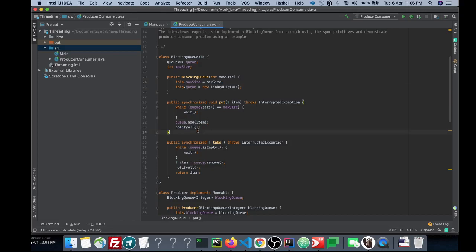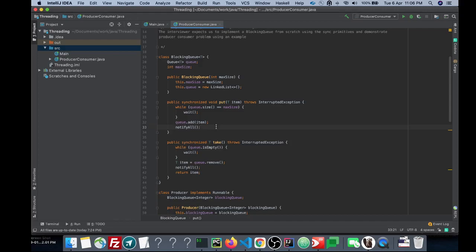One is the put operation, where we add elements into the queue, and the other method is the take operation, where we take items from the queue.